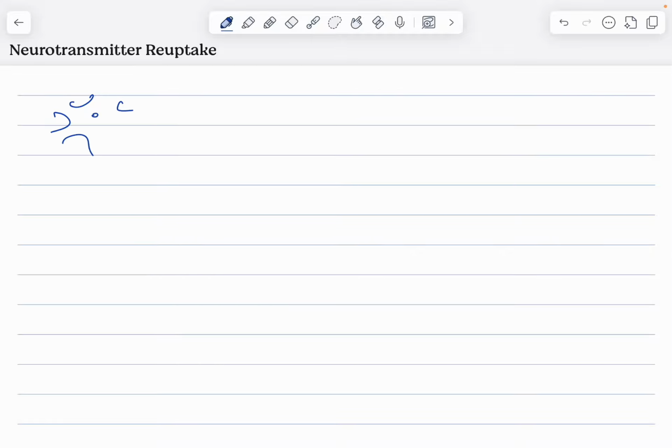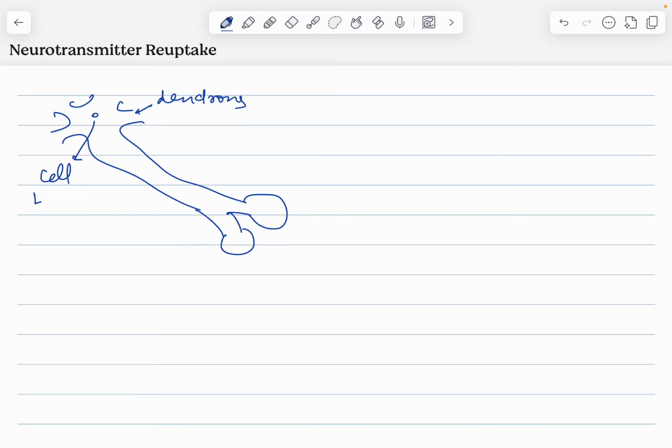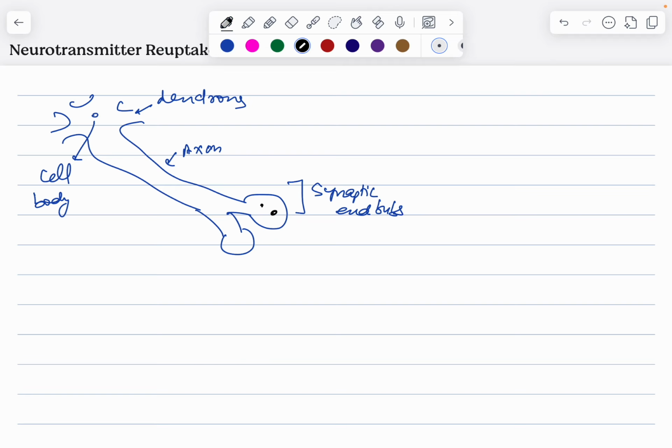So as we have already learned in this chapter, this is the structure of a neuron, and these are your various processes of the neurons, dendrons, the main cell body or the cyton, the axon part, and these here are the axon terminals or the synaptic envelopes or synaptic knobs. And what the synaptic envelopes contain are certain chemicals which will be membrane bound. The lipid membrane is present over these chemicals. The lipid membrane bound chemicals are called synaptic